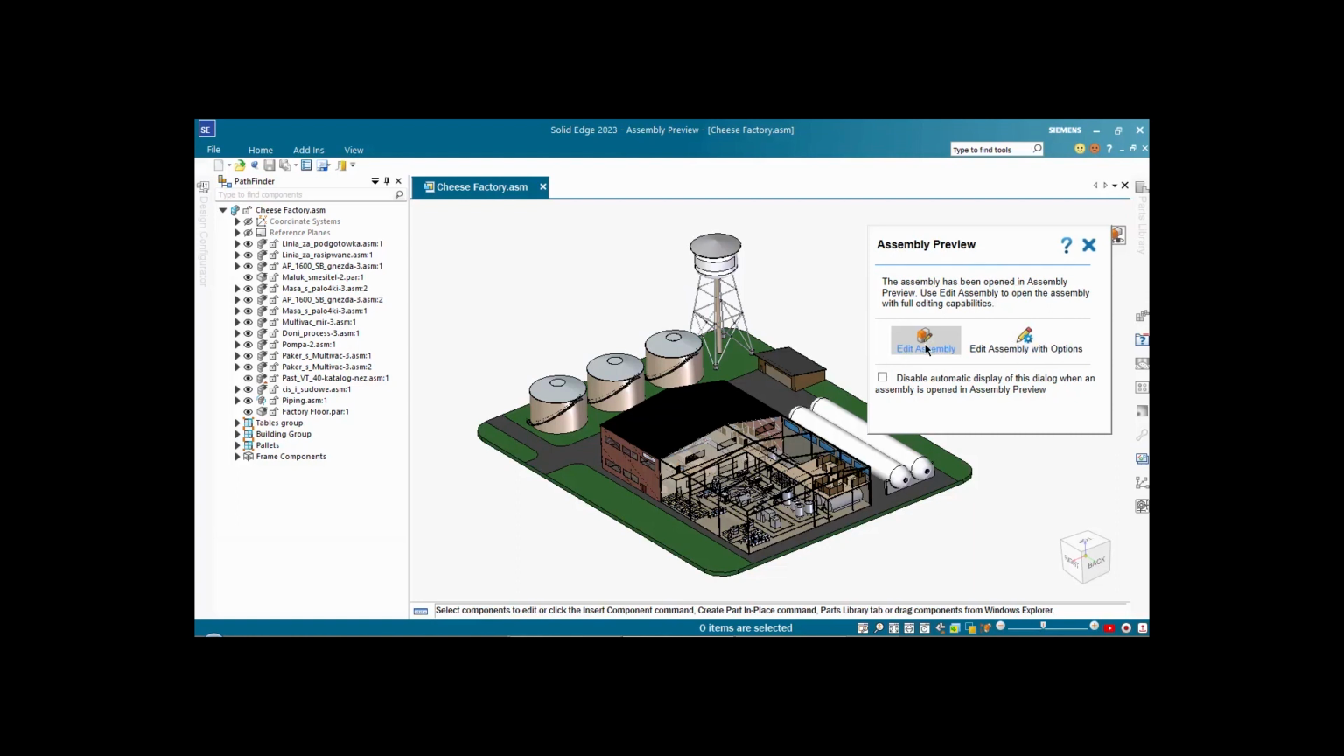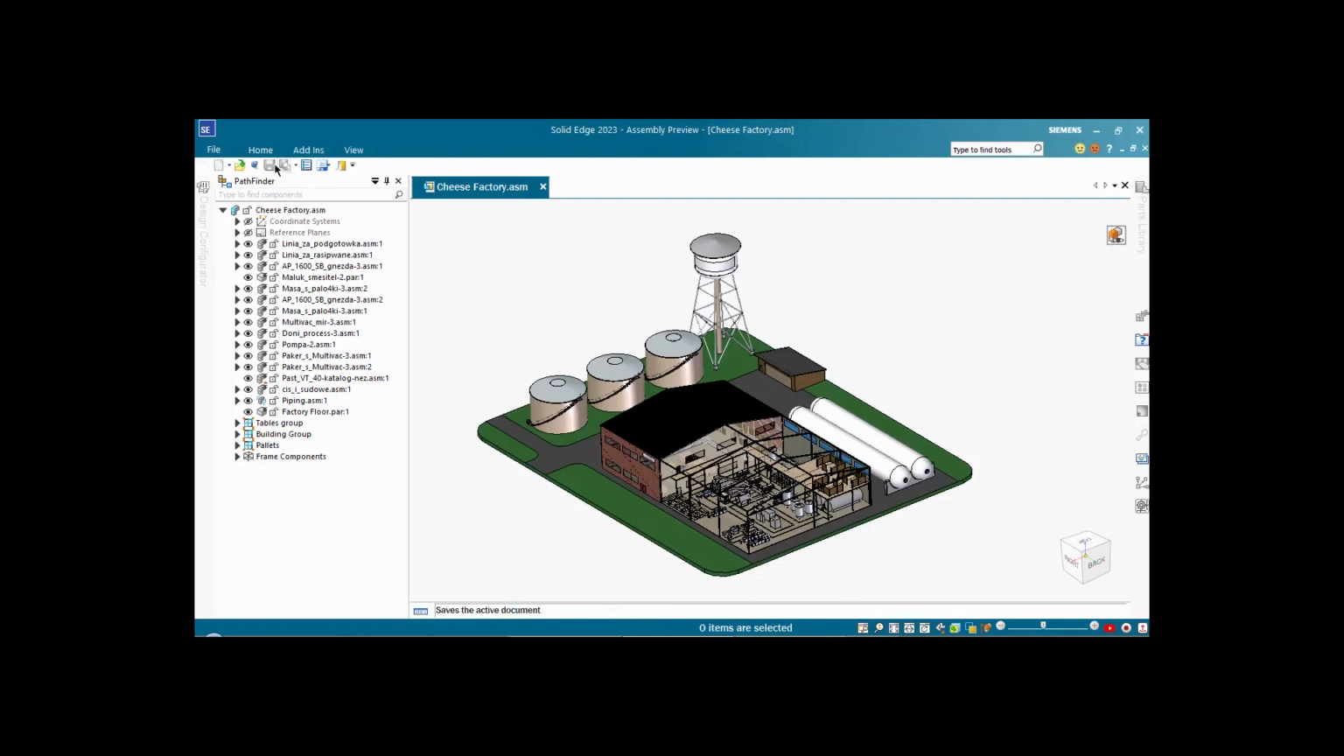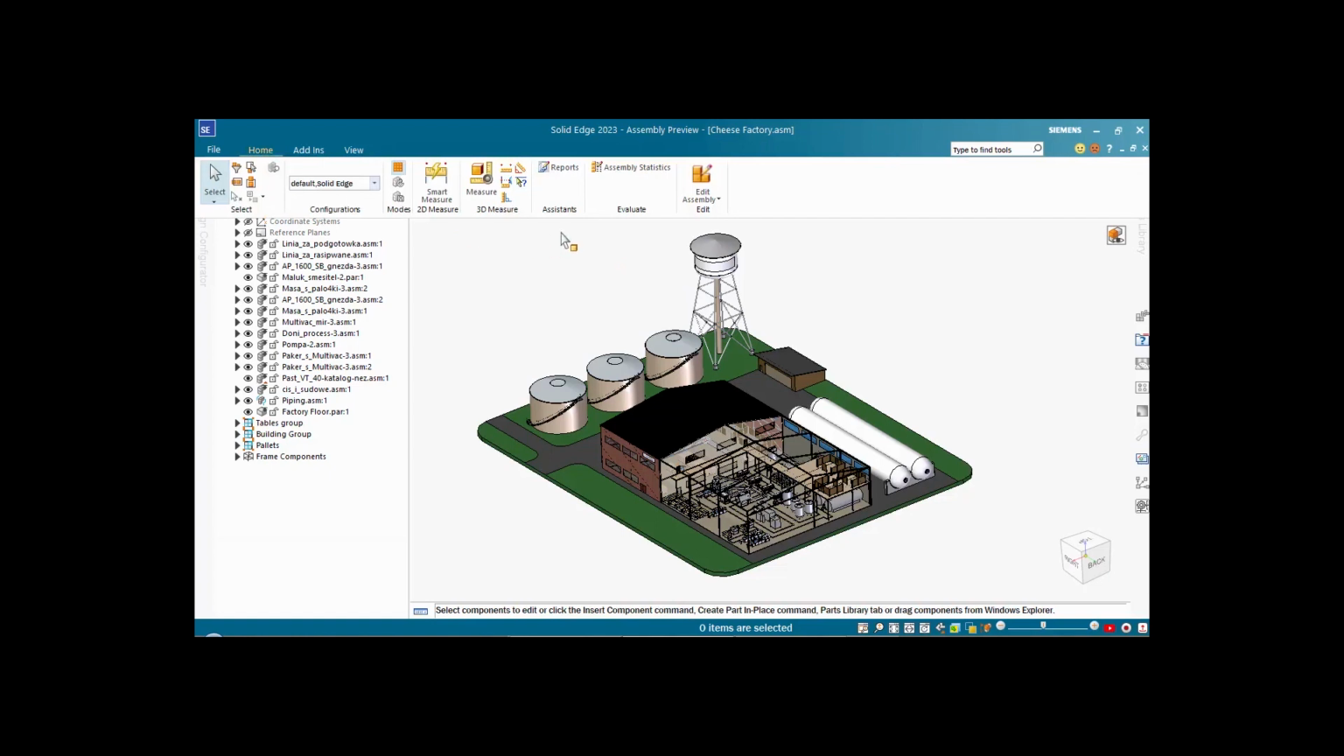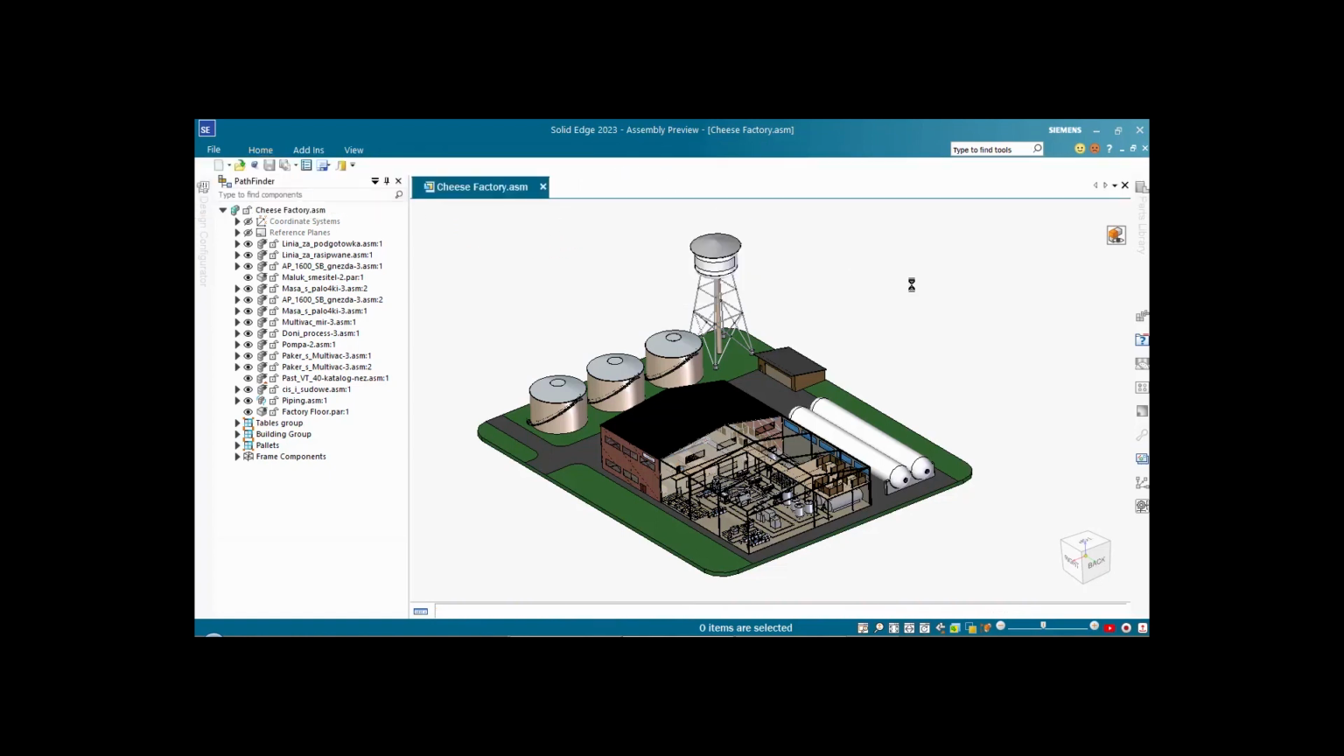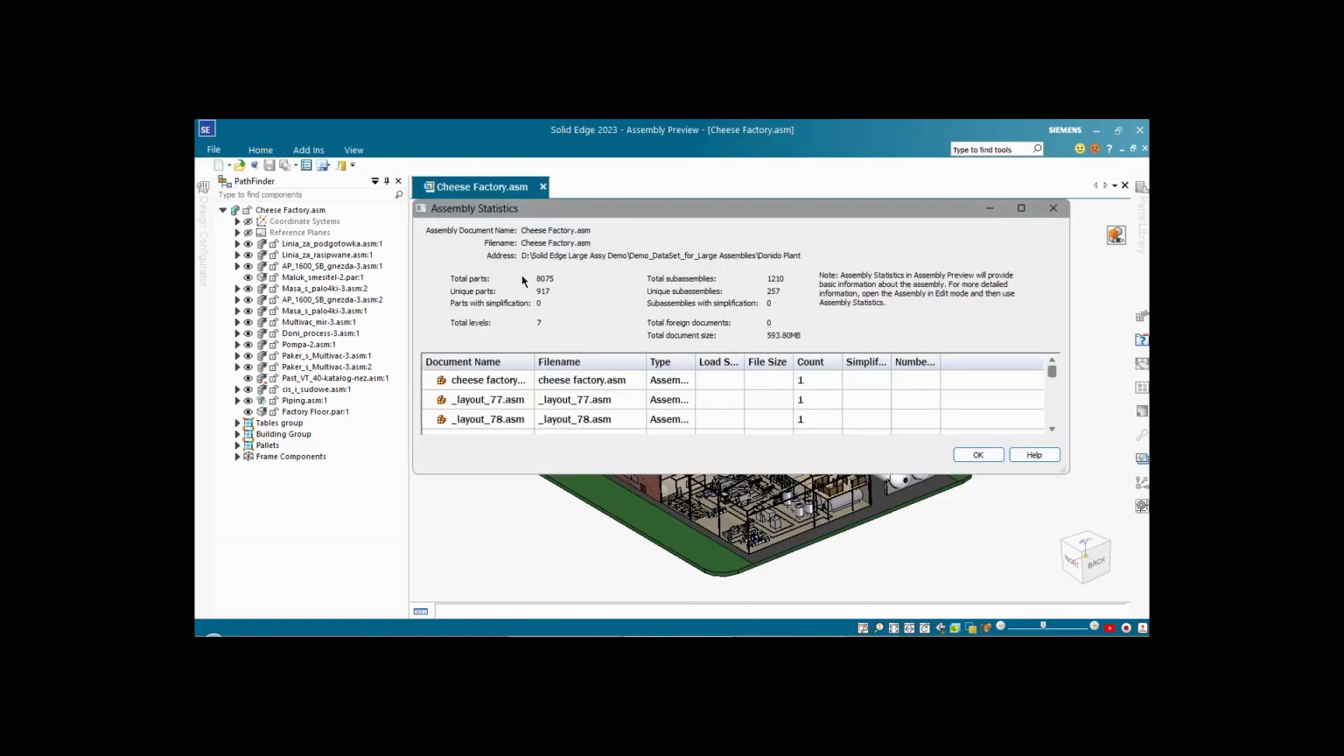If you click edit assembly, it will load all the components, and of course you're going to have to sit and wait until all geometry gets loaded in memory. We can also edit the assembly with options. We're going to take a look at this a little bit later, but for now I'm going to show you that we can run assembly statistics on this assembly, and you can see it's about 8,000 components, 917 unique parts, 1,200